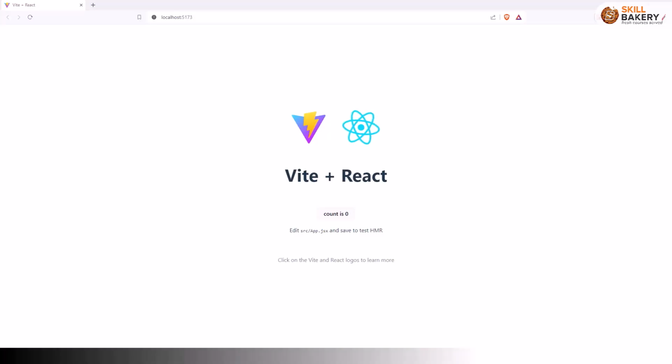In the previous one, we saw how to create or clone a project using Degit. In this one, we'll be learning what Vite is and how we can make use of Vite to create a React project. Now, let's understand what is Vite first, and then we'll move on to how we can make use